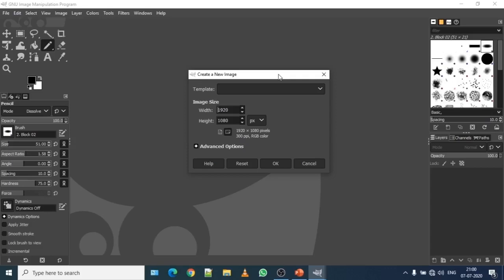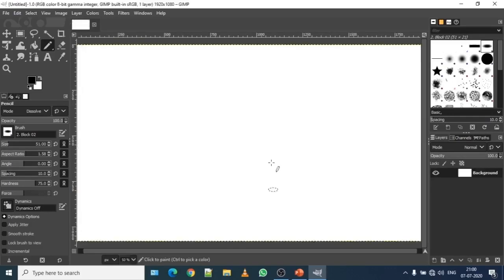PPI stands for pixel per inch, means in 1 square inch how many dots are present. So in 1 square inch there are 300 dots present. So that is why it is showing 300 PPI RGB. RGB stands for red, green, blue, which you already know is the primary color for creating any graphics or images. So if you click on OK, you see that.